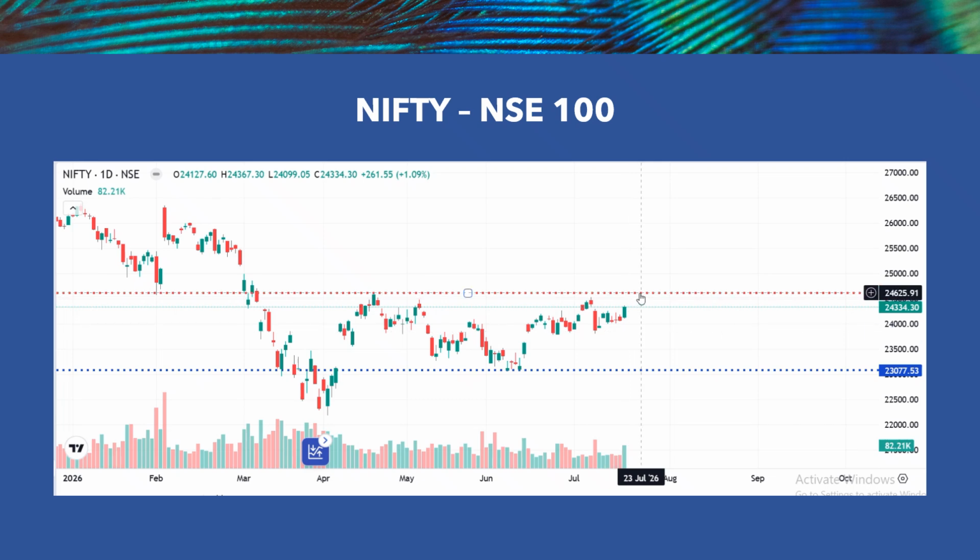23800 and 24600. So that's the range that it has been following, and we could expect a breakout in either direction, but there is a greater possibility of it moving above the resistance area at 24600, and if it does that, then we're looking at a very nice bullish move towards the 25500 area, where it can counter some sell orders that have been stacked sometime in February of this year.